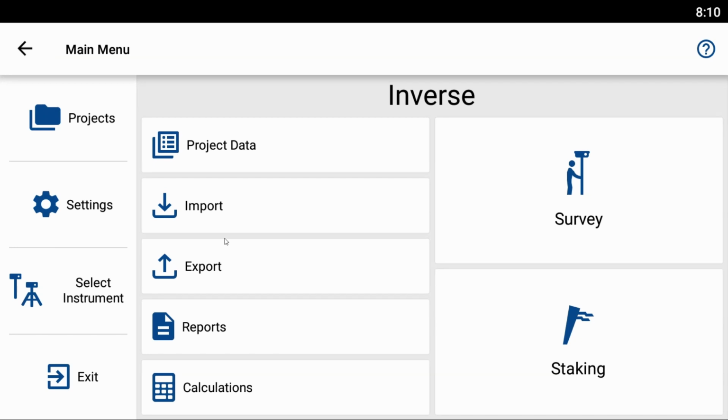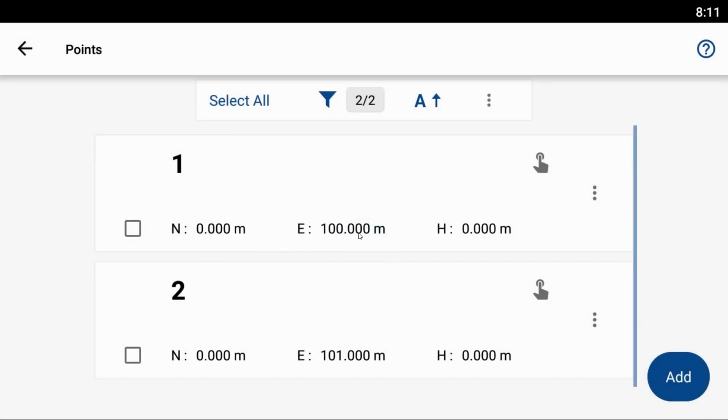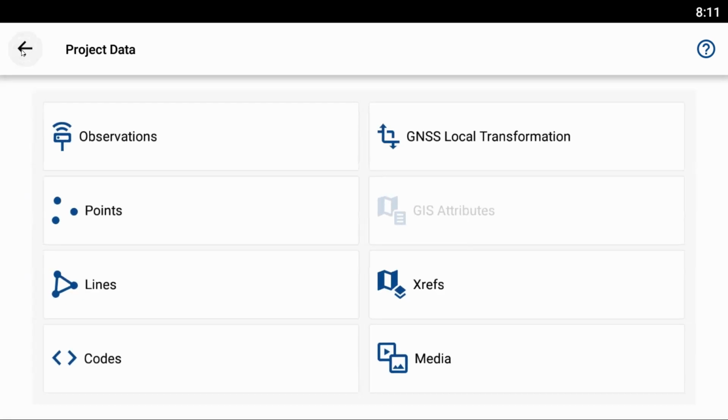So what I've done to begin here is I have created 2 points. So if we go into my project data and points menu here, you can see that we have 2 points, one at 100 meters east and then one at 101 meters to the east. So what we should have is 2 points that are a meter apart and then at a bearing of 90 degrees from one another. So if I back out of this menu here and head back to my main menu,